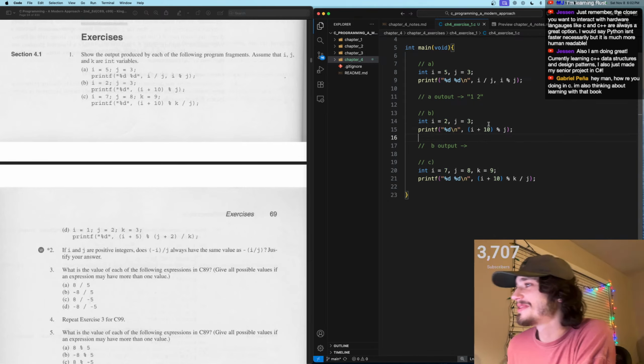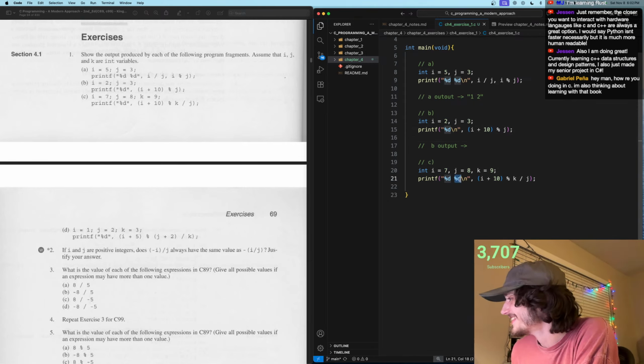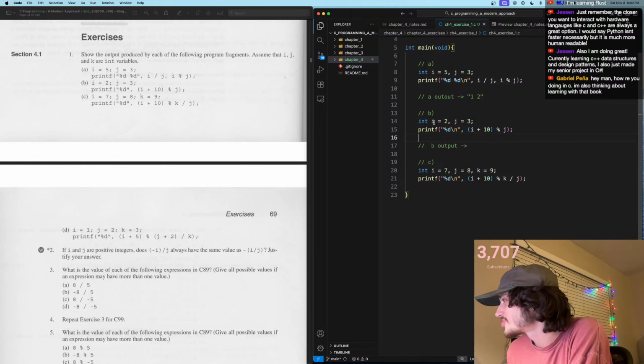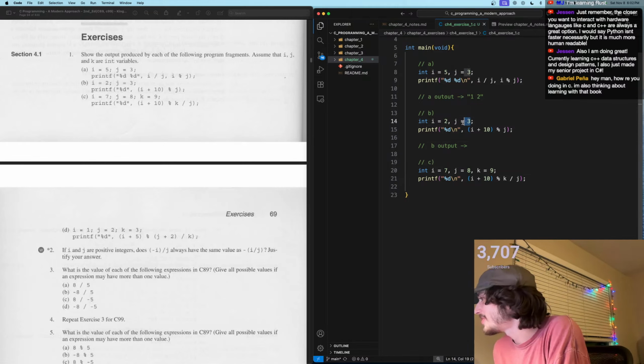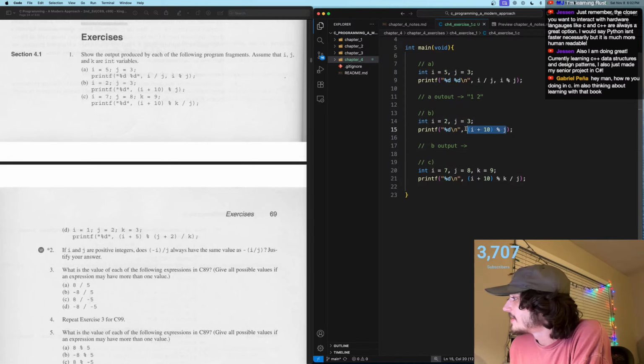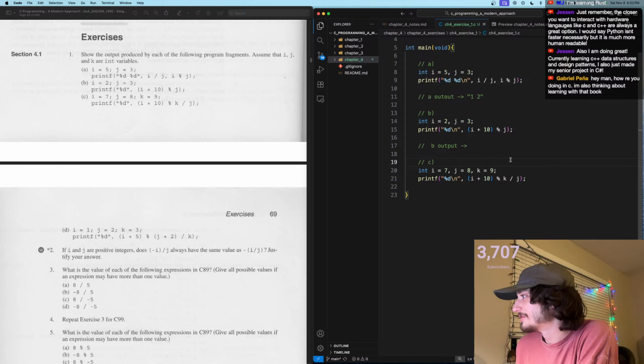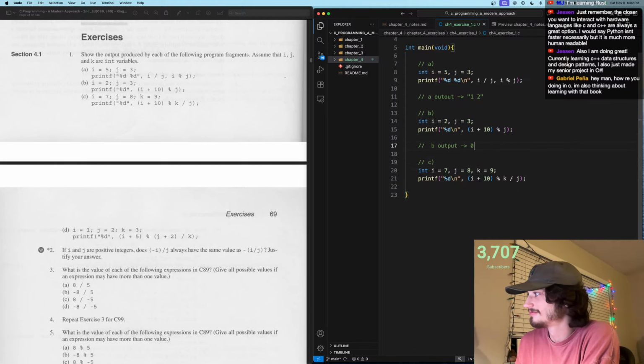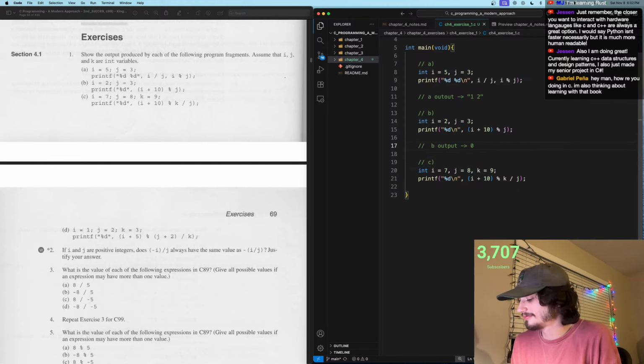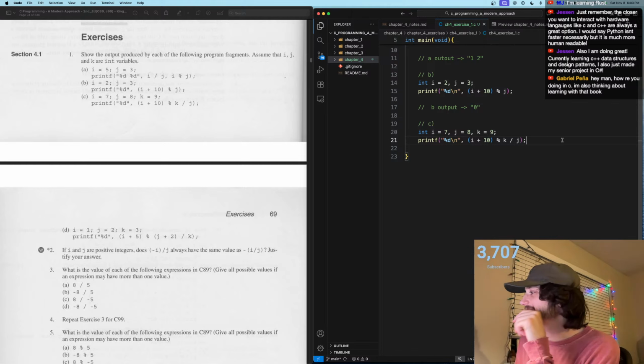Okay, so it's going to be I plus 10, so this is going to be first, 12 modulo by 3. 3 goes into 12 4 times evenly, so that'll be a remainder of 0. Right? And then this guy